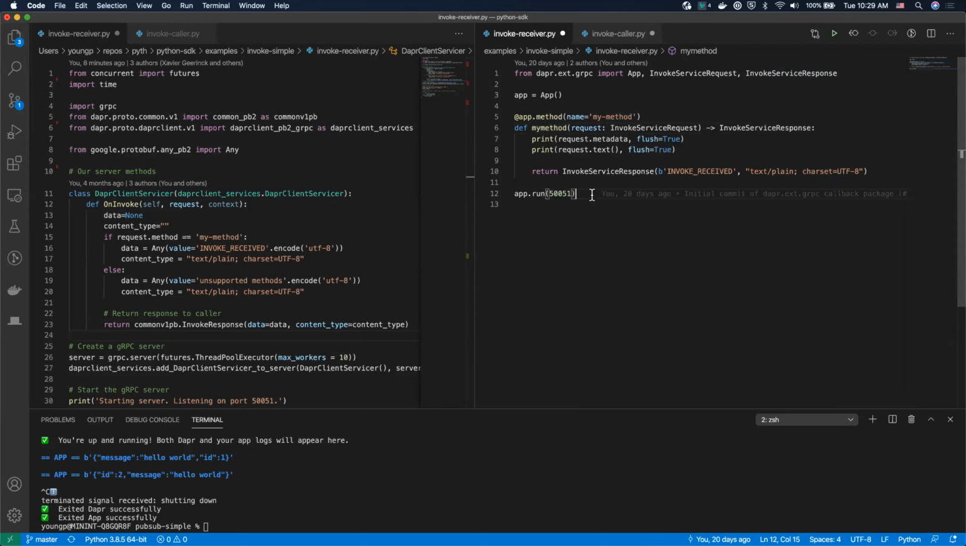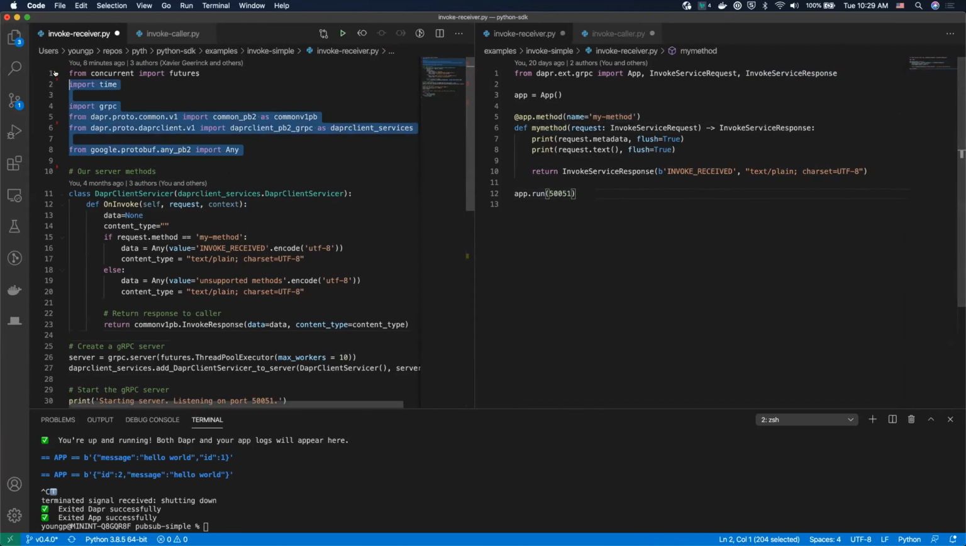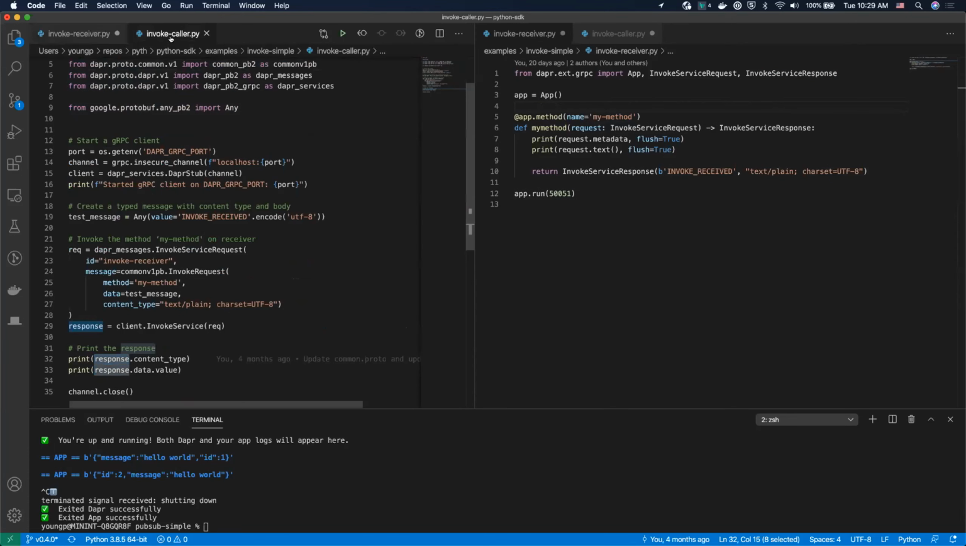And then you can just call app.run, and it will automatically create a gRPC server and start it. And there's some kind of loop on that. So we encapsulated all these gRPC server boilerplate codes under this convenience layer of the Python SDK. And this is an example of server-side code. And then the next example, basically,